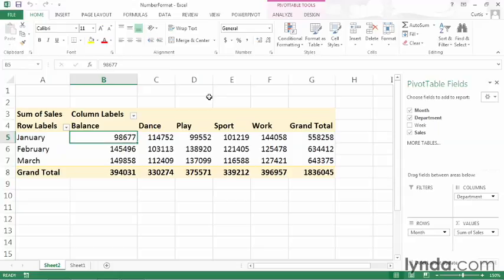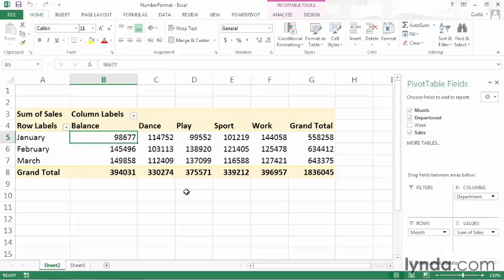Most pivot tables summarize numerical data. The problem is that when you create a pivot table in Excel 2013, as you can see here, Excel doesn't apply any number formatting to the contents of the value field. In this movie, I will show you an efficient way to apply number formatting to the body of your pivot